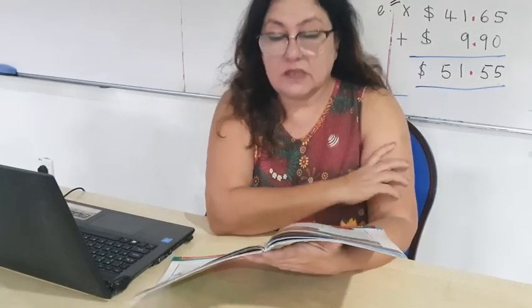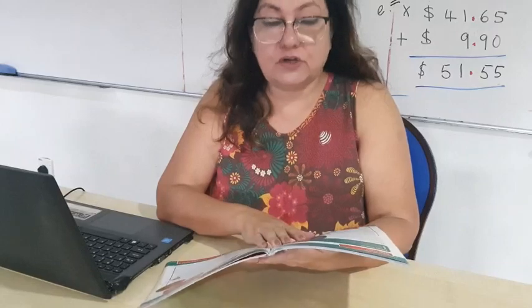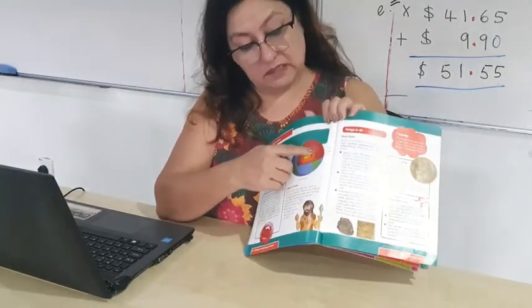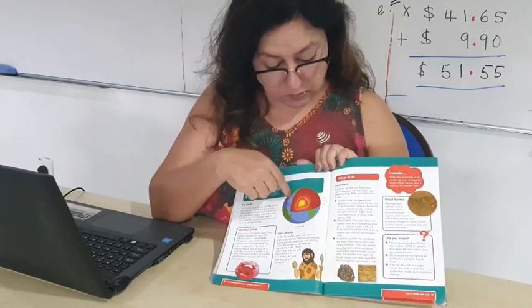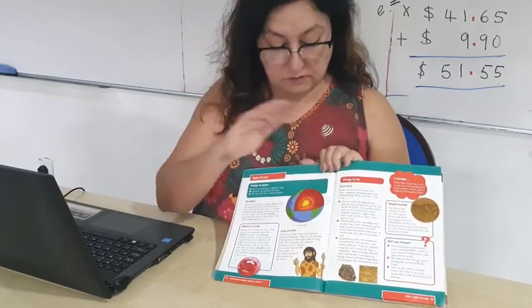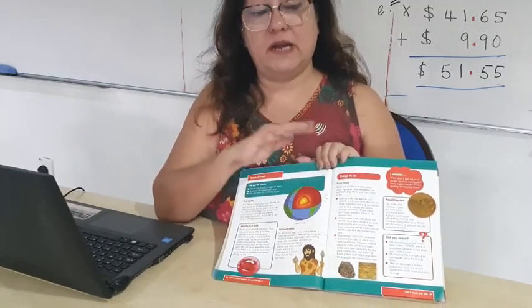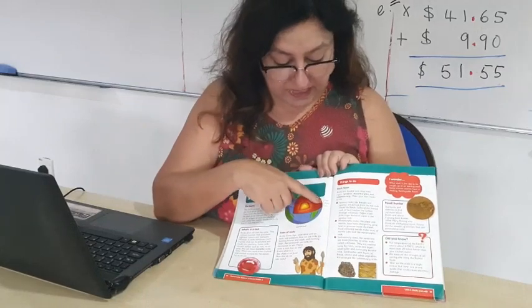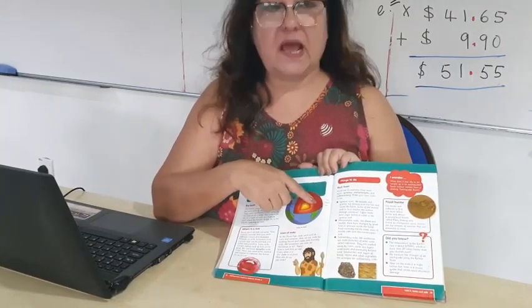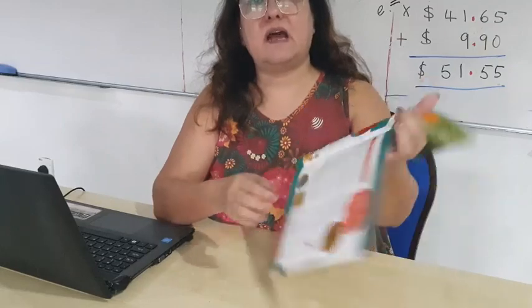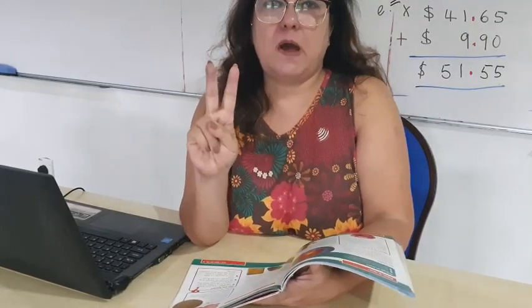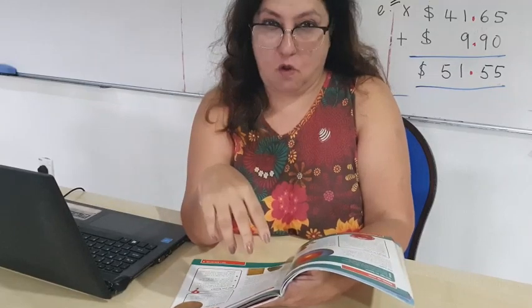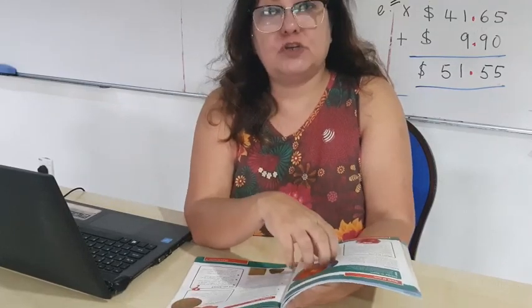Highlight this. As you can see, there is a picture of the earth with the three layers. The top layer is called the crust, the top part that covers like the soil, the ground. Then inside that we have the mantle, and right deep inside we have the core. Now the core is divided into two parts, outer core and inner core. When I give you the picture, then you can see.